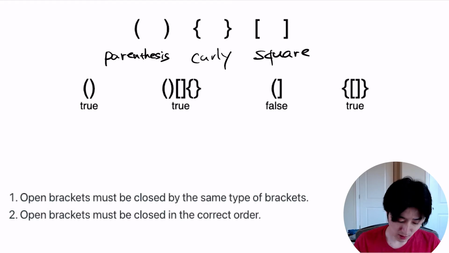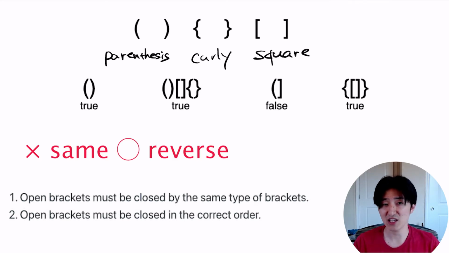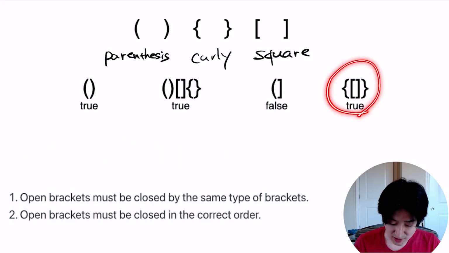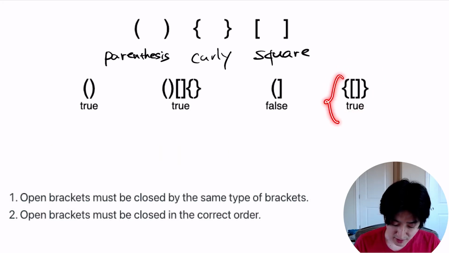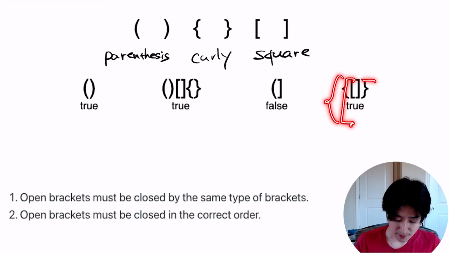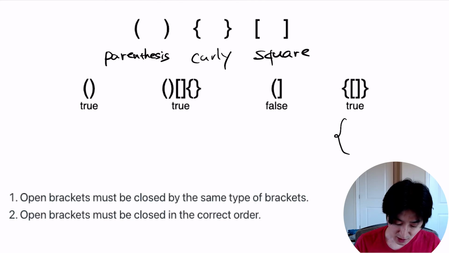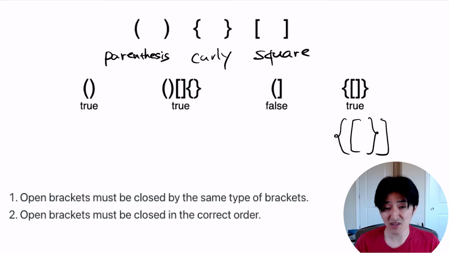Rule number 2. Open brackets must be closed in the correct order. So when you close the characters, it has to be in the right order. For this case, it has a curly bracket and a square bracket, and then you have to close in the reverse order: square bracket and curly bracket. If the given string is curly bracket, square bracket, and closing with curly bracket, square bracket, it is not valid